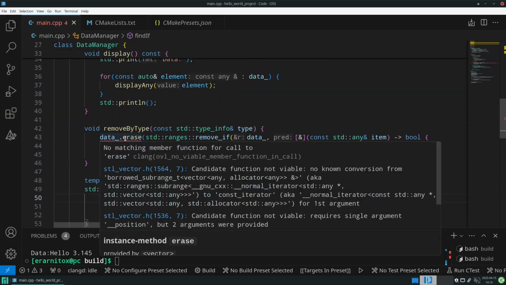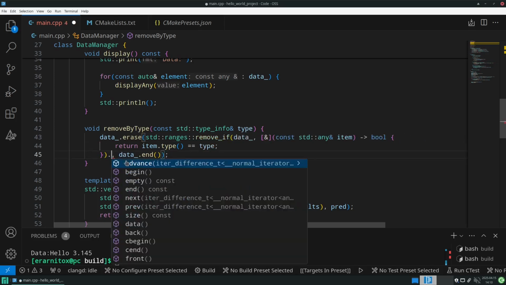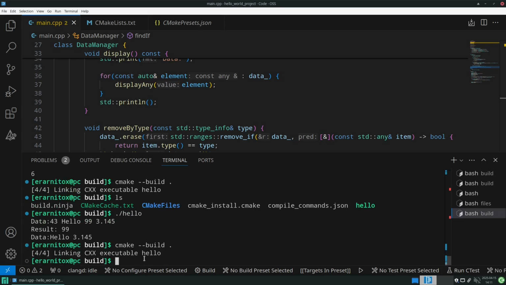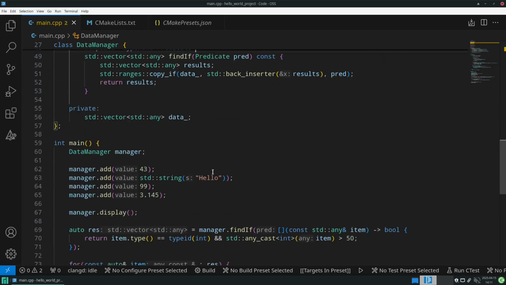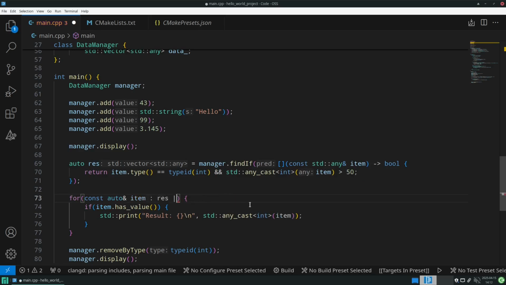Let's see if we can use something here. So let's see if that still works. And as we can see, we get the same result here. And the other thing I wanted to show you is, for example, here the result. A really typical thing that we want to do is to maybe drop the first item and not iterate over